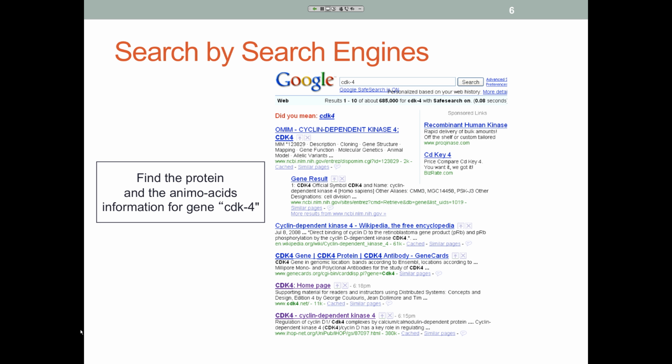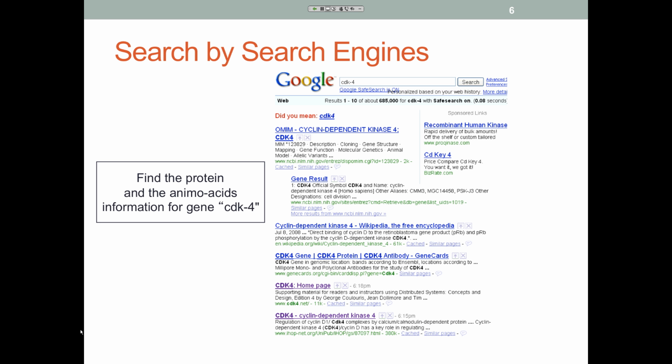In this case, I want to search for gene, and Google gives me 600,000 links. So in order to find the answer I'm looking for, I still have to manually click different links and then read each document one by one carefully to find the information I'm looking for.